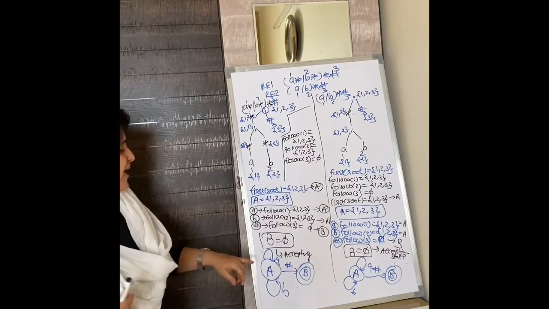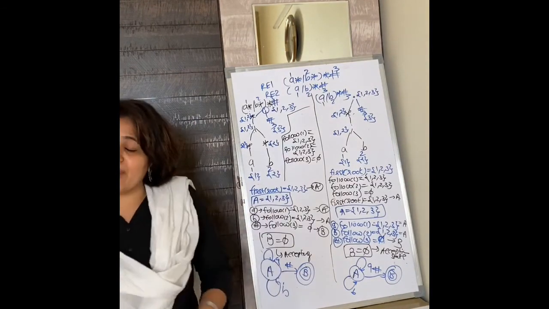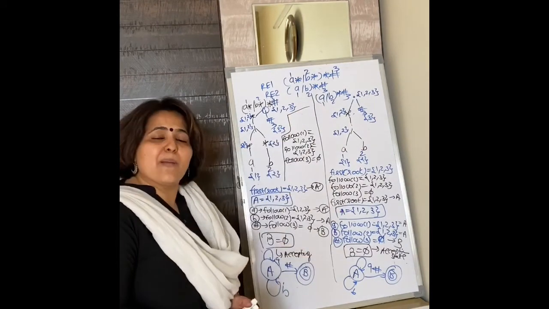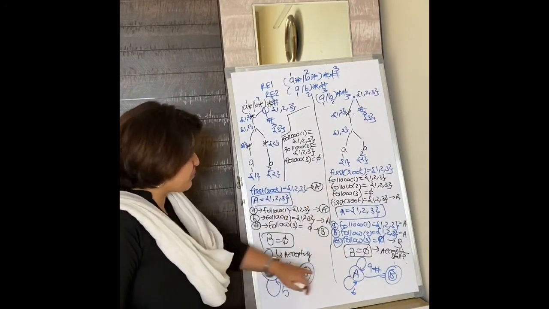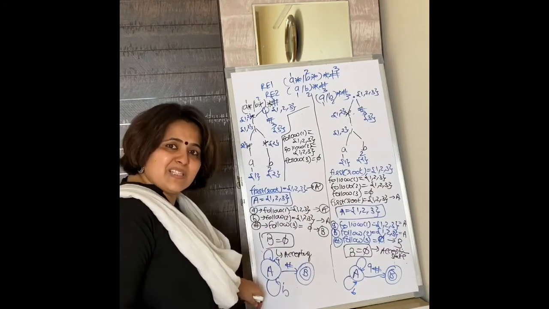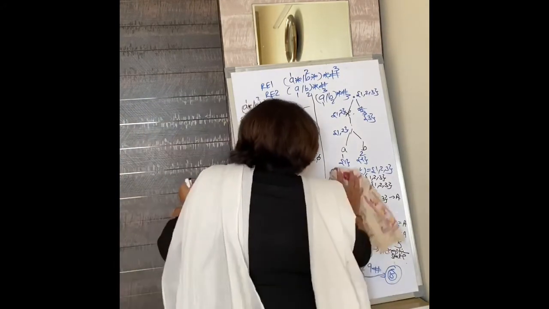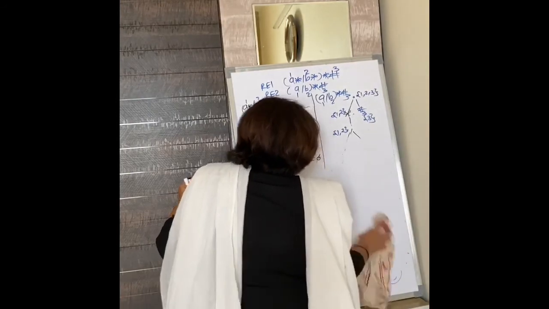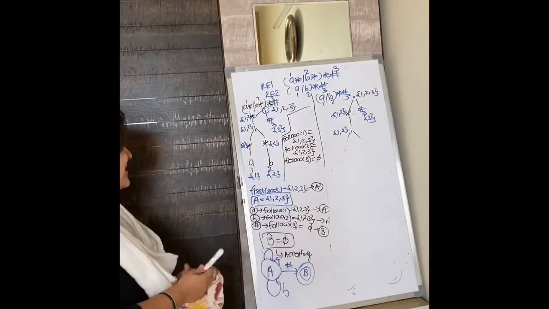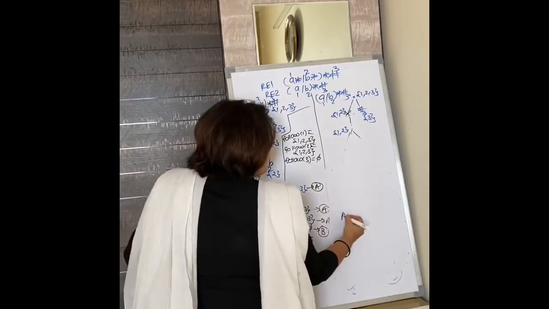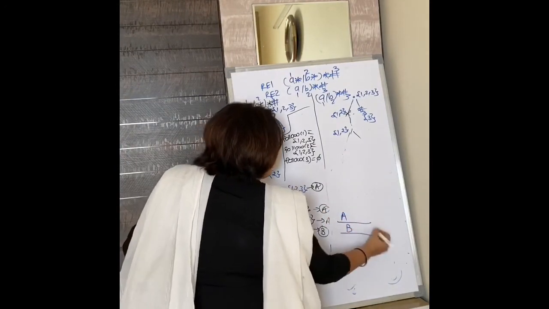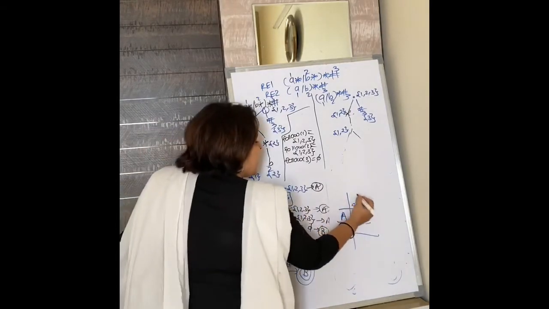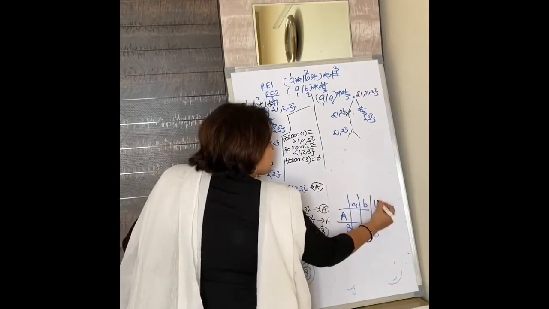You can even try to optimize this DFA, both DFA. Let us try to optimize the DFA. Is it possible? I am going to delete this and we will try to optimize. Both are same. So I will try to optimize this DFA if it is possible. Okay. So for optimizing the DFA, what we have to do? We have to create a state table. So how many sets we have? A and B. How many input symbols we have? A, B and hash.